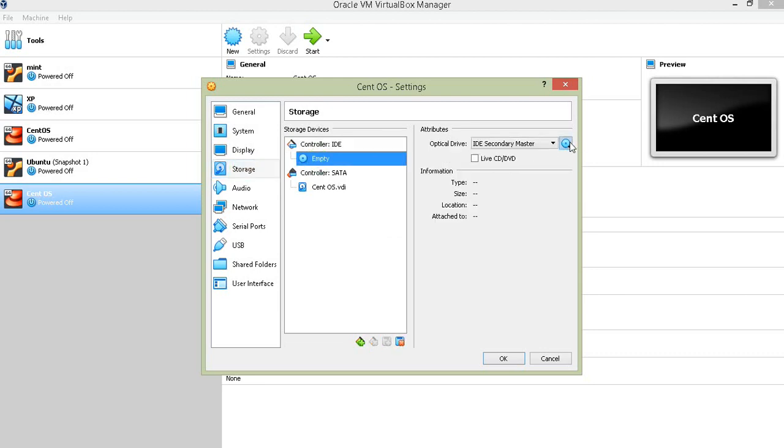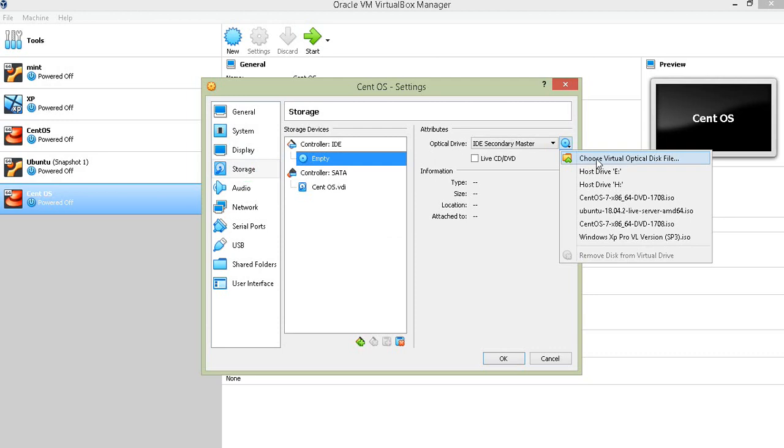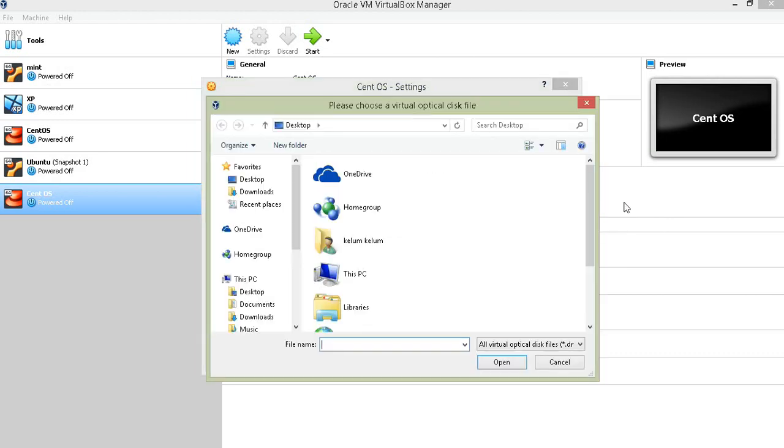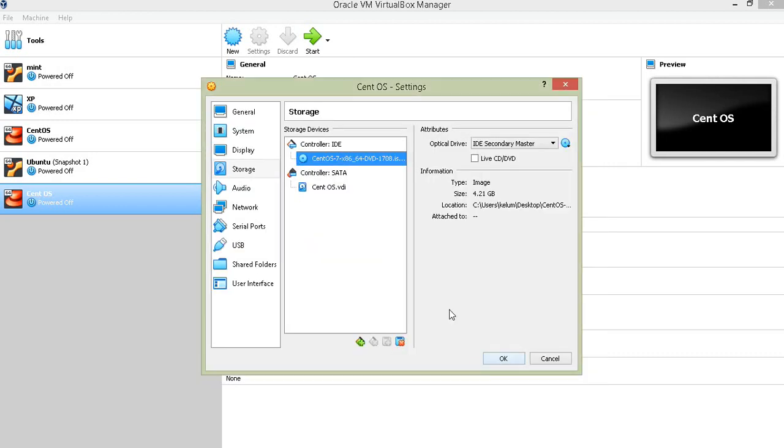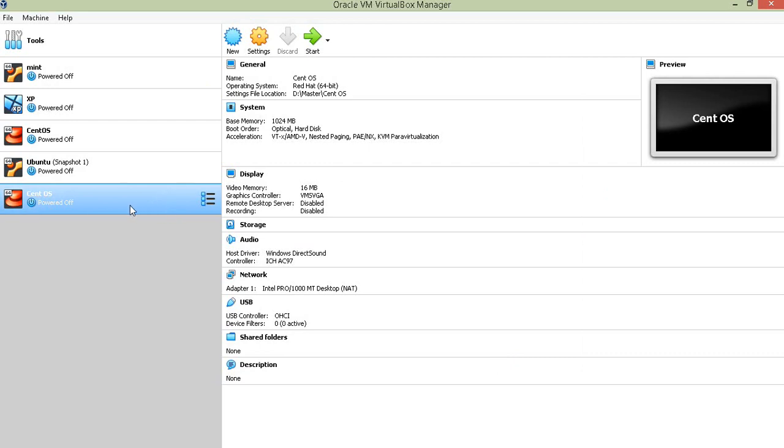And then the storage, to go and install the operating system, select CentOS here,